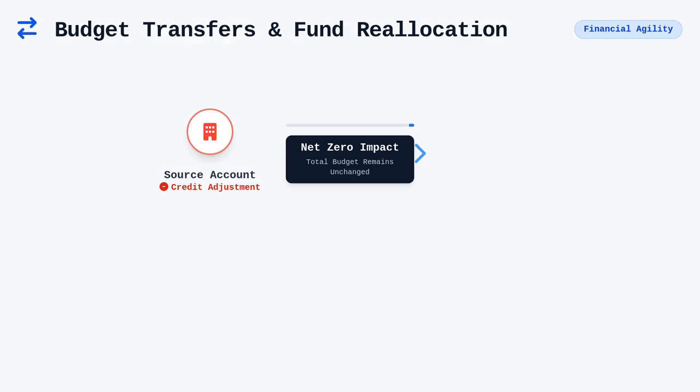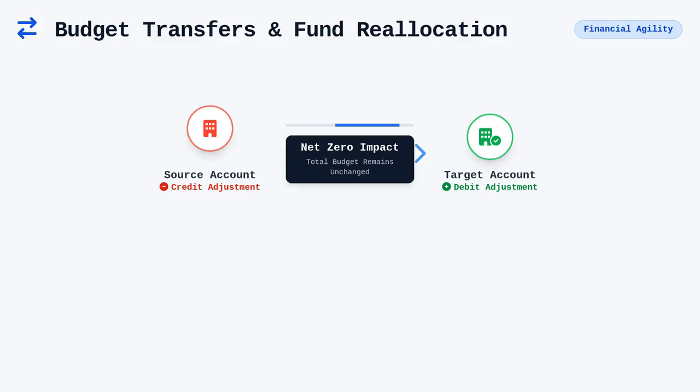Moving beyond the initial setup, organizations frequently require budget transfers to move funds between accounts or departments. A budget transfer is an adjustment that maintains a net zero impact on the overall budget, ensuring that specific line items are correctly funded based on shifting organizational priorities. When you record these transfers, the system updates the budget register entry lines to reflect the debit and credit adjustments